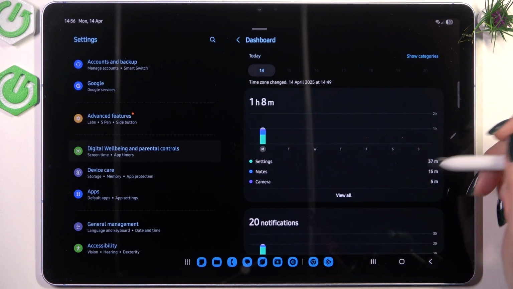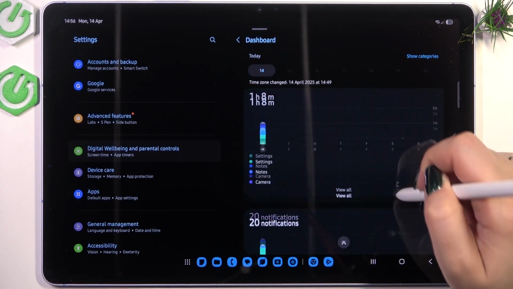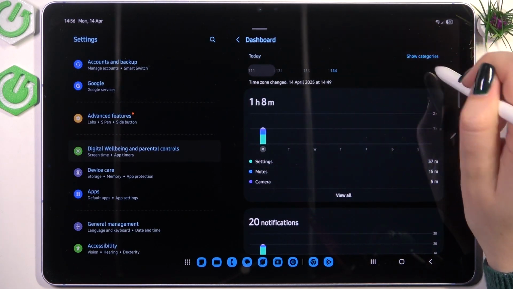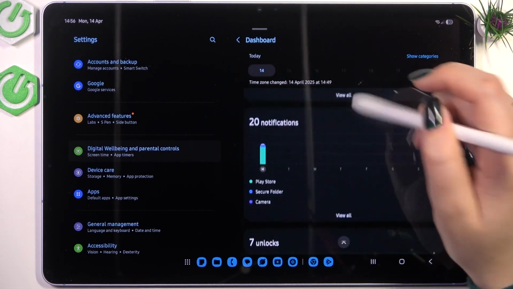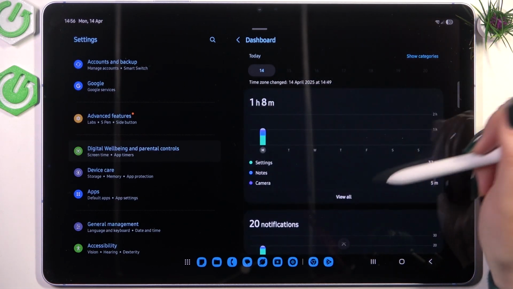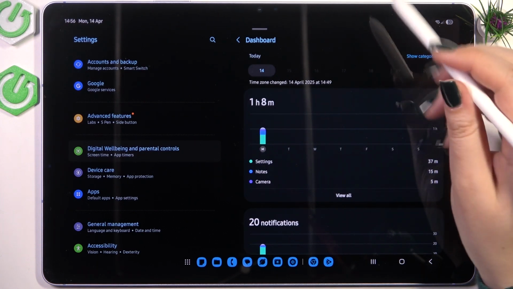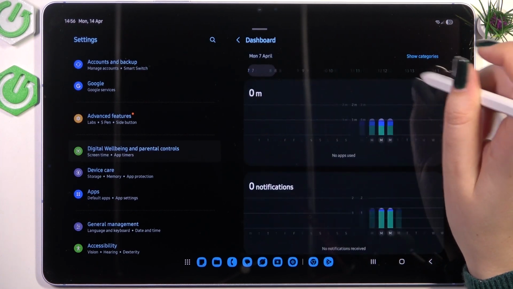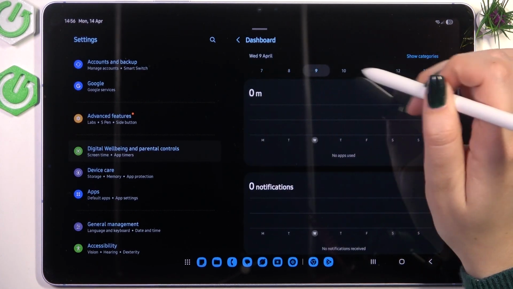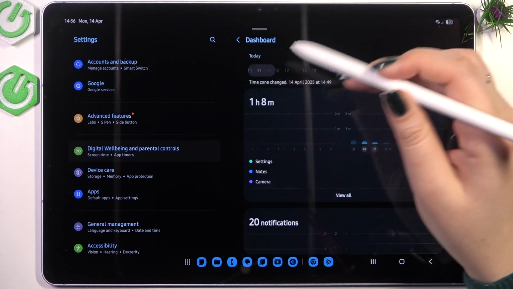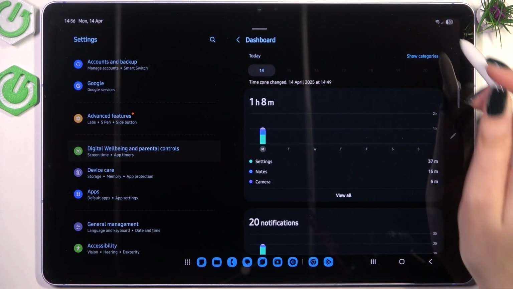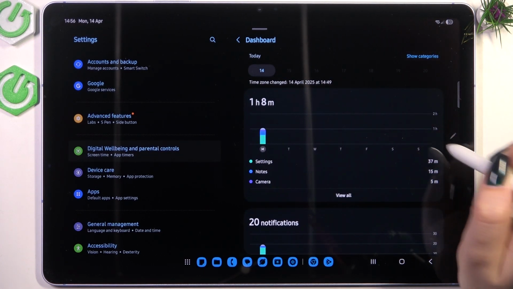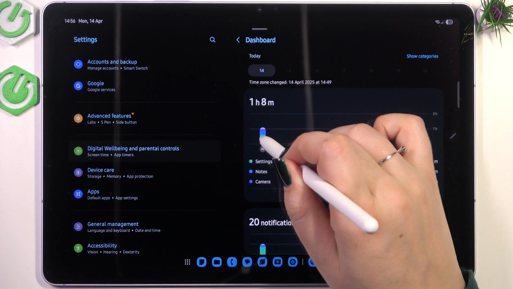So we can tap on this graph and we will be transferred to the dashboard, in which we can check the screen time, notifications we've received, and times, how many times we've unlocked our device. We can of course change the week, so we can check the particular days of the week and compare them if you want to. You can of course show categories, you can show apps,